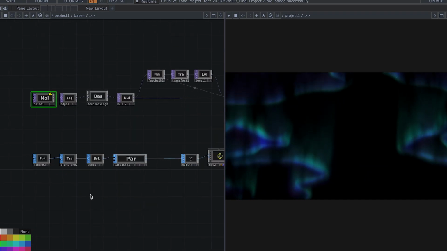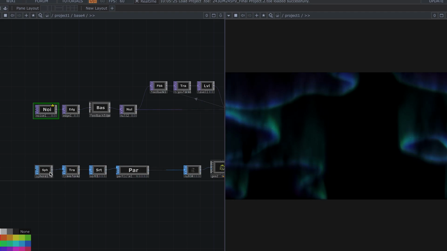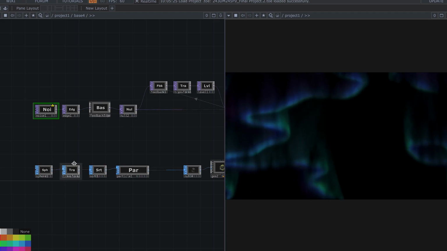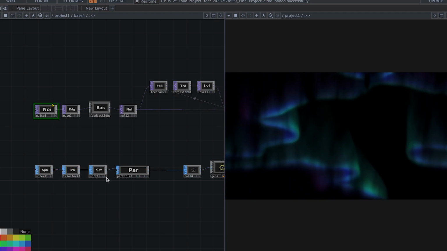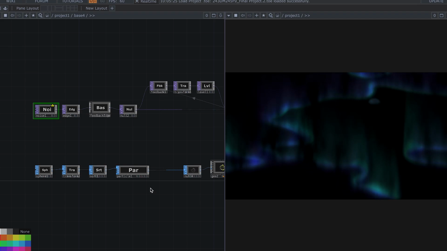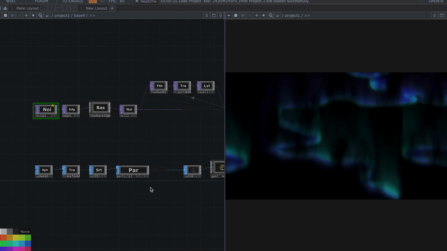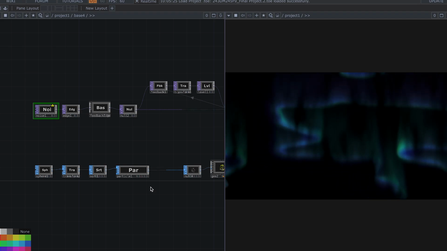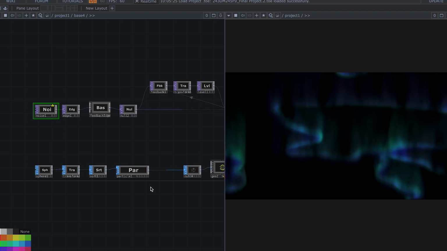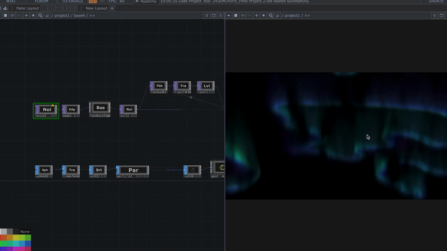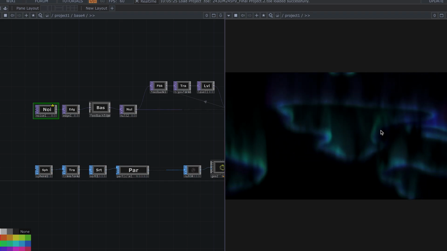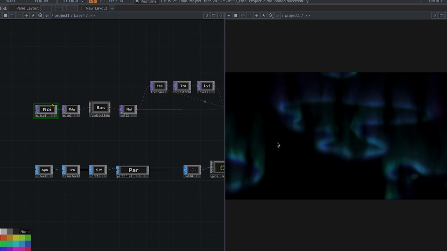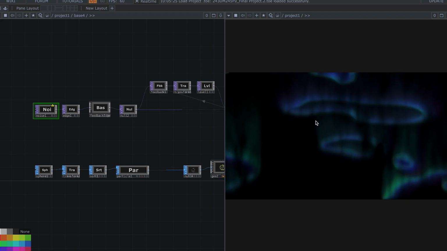I begin by generating particles using a sphere SOP, which acts as an emitter for the fireflies. The particles are randomly distributed within a defined space, representing fireflies flying across the night sky in the aurora.